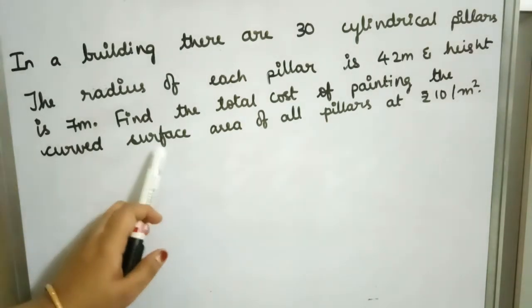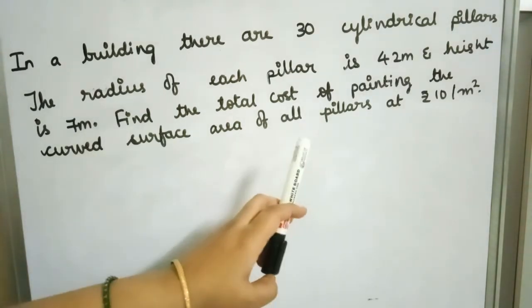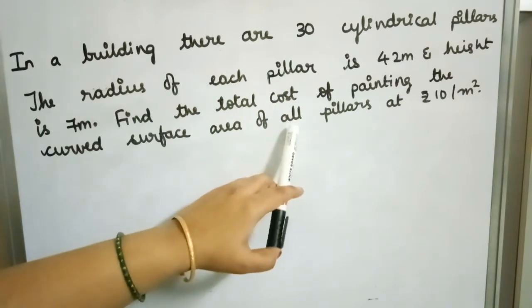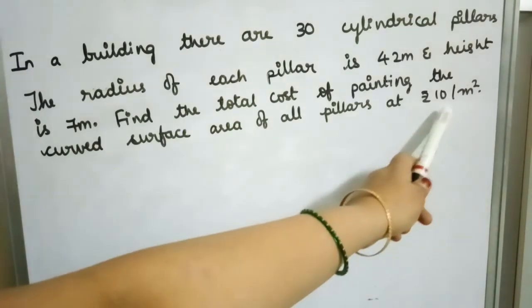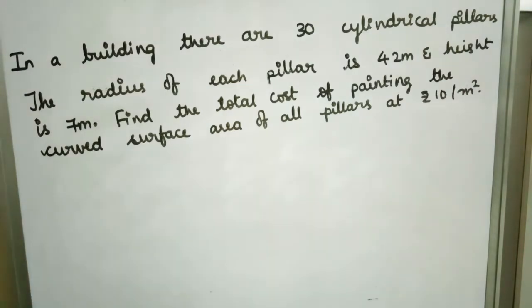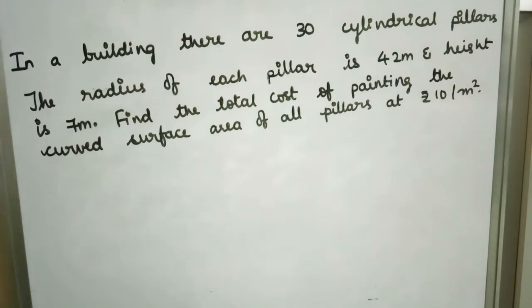So to find out the curved surface area of all the pillars, the question itself is there, curved surface area of all pillars. So how many pillars are there here? 30 pillars are there. So if we find out the curved surface area of one pillar, then the curved surface area of 30 pillars will be that curved surface area of one pillar into 30. So here they gave 10 per meter square. Once we find out the curved surface area of all the pillars, then we can find out the cost. So to find out for all the pillars, we first need to find out the curved surface area of one